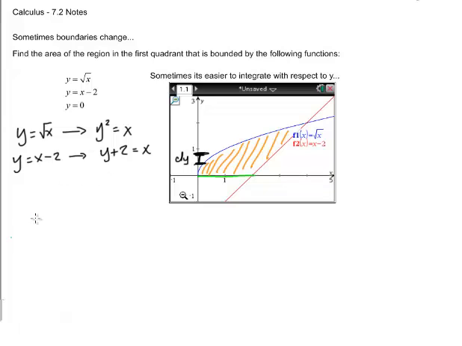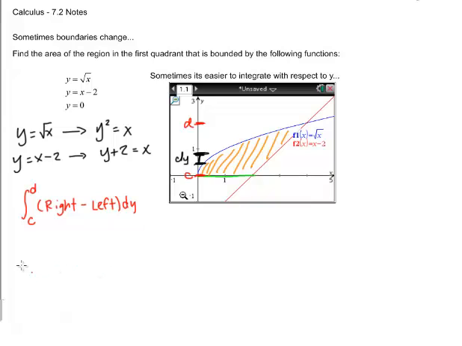So we would integrate, and we would follow our same rules of integration, except now they're going to be along the y-axis, so we'll call them C and D. So we would be right here, and this would be C, this would be D, and we're going to go with the right minus the left,